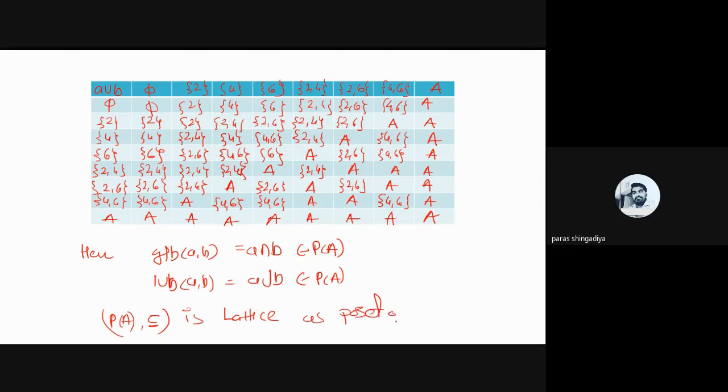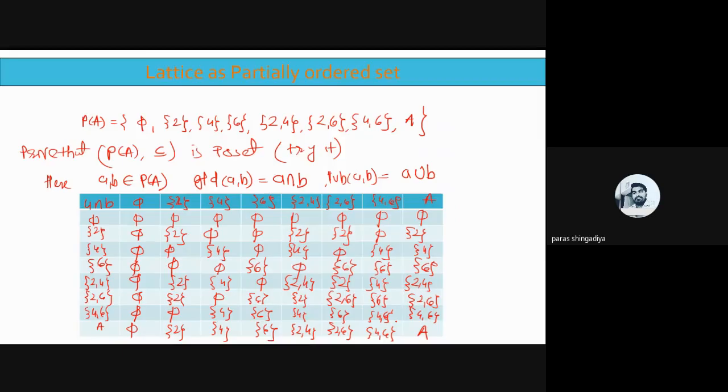The solution is not mentioned in the PPT. You just take a screenshot of this proof. It is required. Otherwise, you can write down the important points in your book, how we can find the intersection of A and B and how we can find the union of A and B. And this is the way you can solve it. Okay, you just prepare a small table here, because P of A includes 8 values, so we can easily prepare such a table.